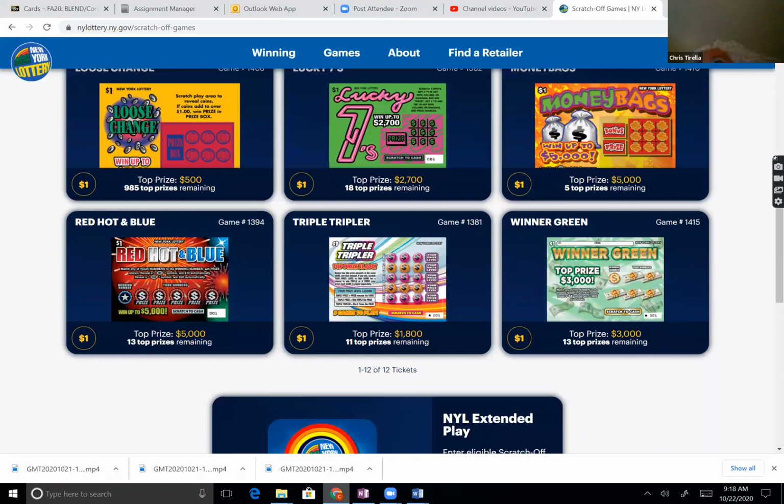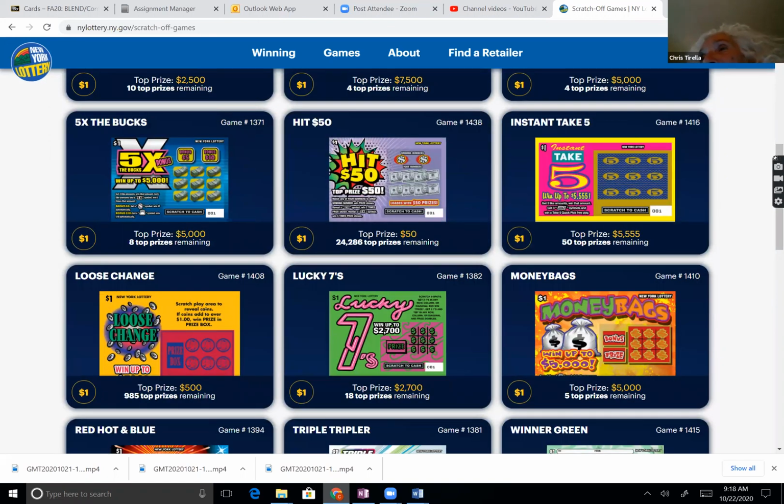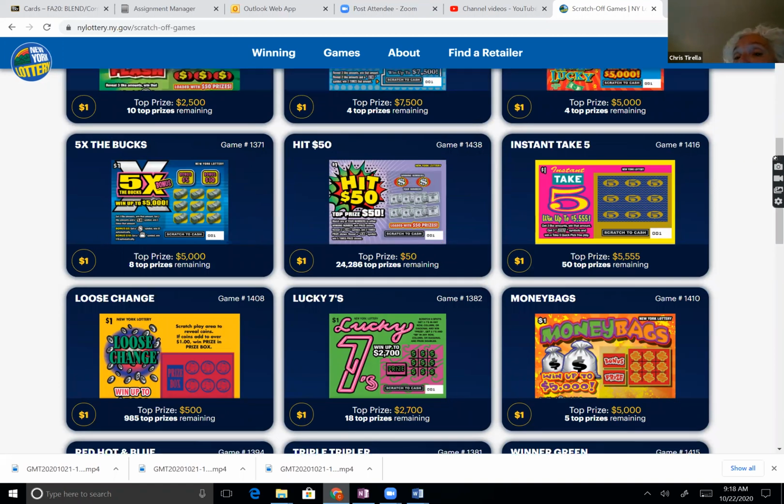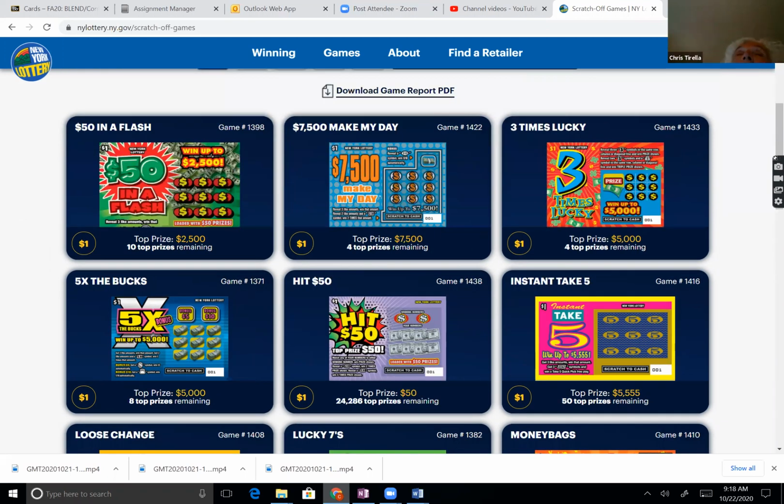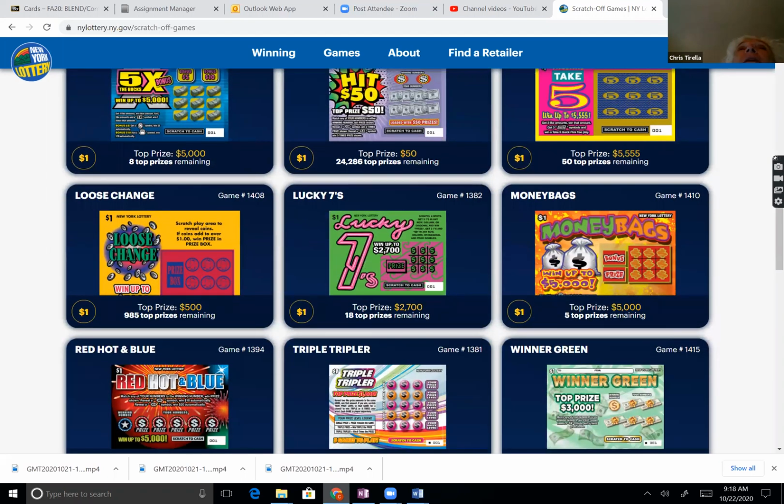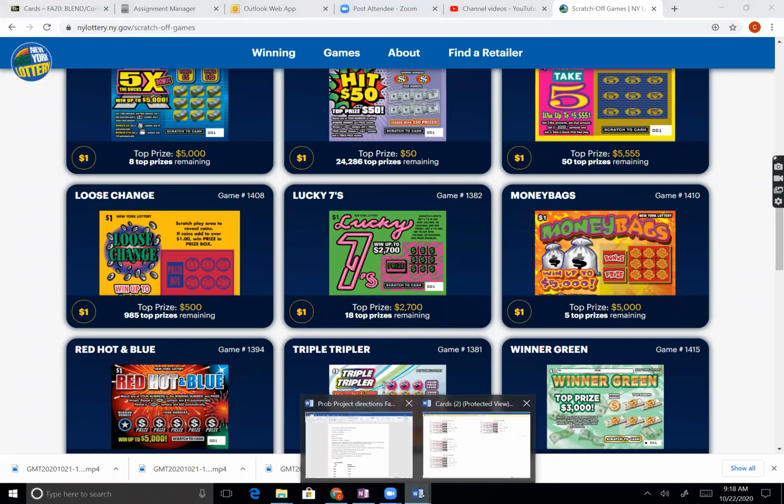High priority. When you do this, make sure you write down the name of your game. Because there are 12 games to pick from, I made answer sheets for all 12 games. But if I don't see the name of your game, I am not going to troll through and try to find the one that you did. You have to tell me which game you used, all right? All right. When you pick your game,